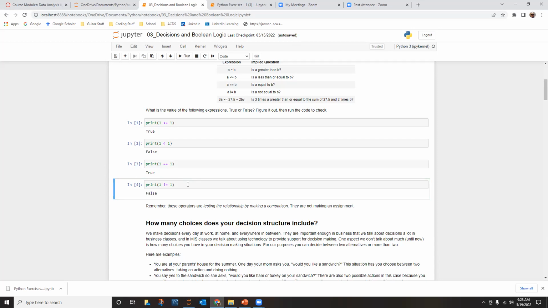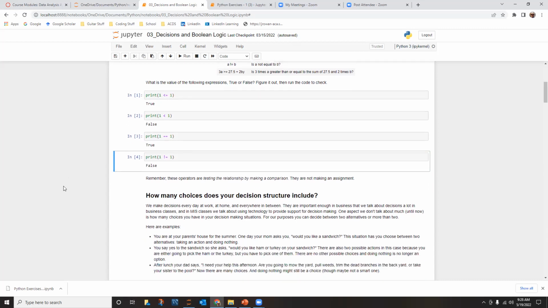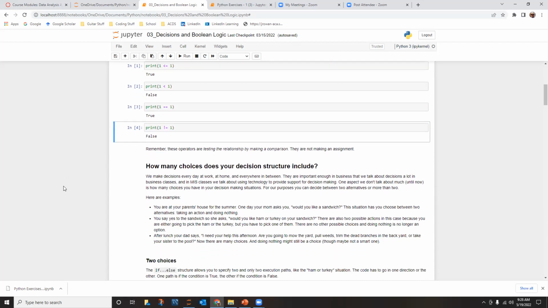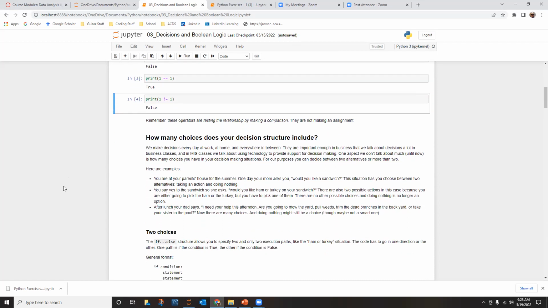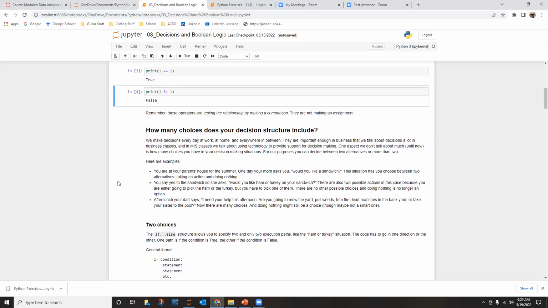It's making a comparison. So the first thing to figure out when you're using these structures is the choices your decision structure includes. And I'll let you guys read. Again, this is from a relatively entry-level computer science course, and my buddy Mike's got a good sense of humor, so he's got a couple of